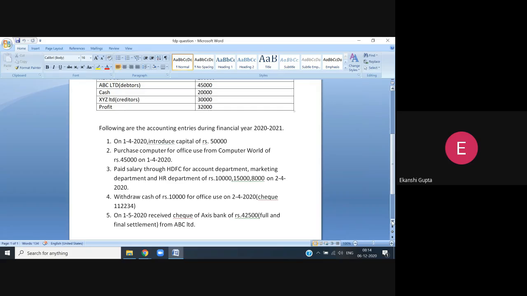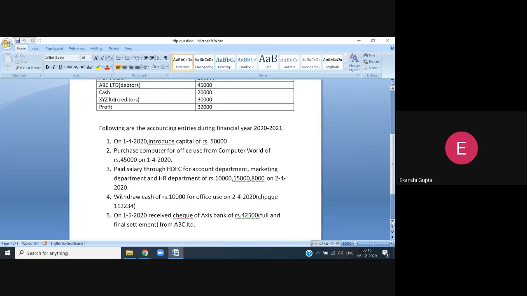Second entry, purchase computer for office use from Computer World of rupees 45,000 on 1st April 2020. Third, paid salary through HDFC Bank for account department, marketing department, and HR department of rupees 10,000, 15,000, 8,000 on